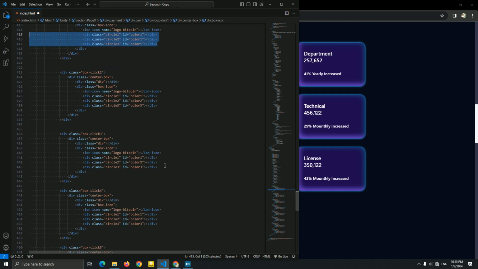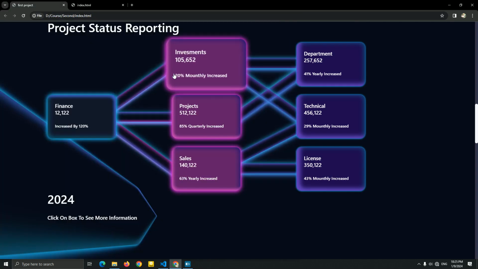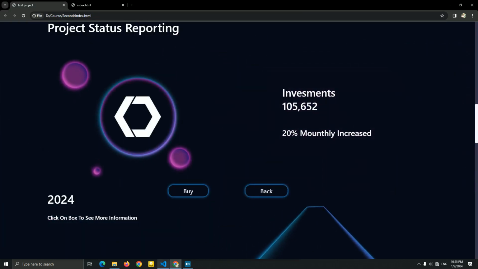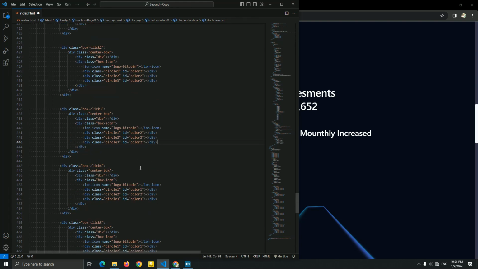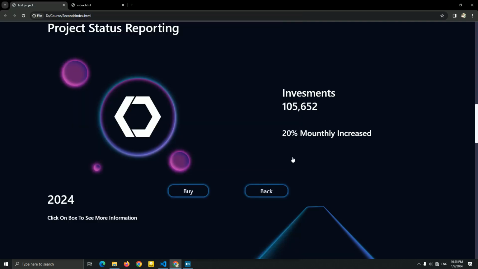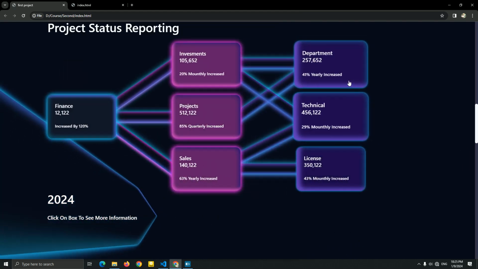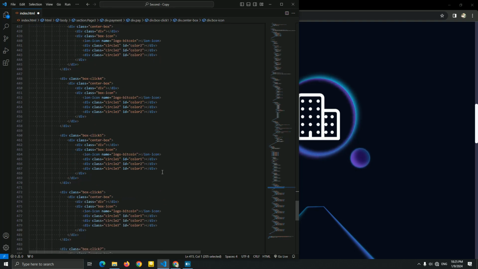Yeah, let me add the color 1 for this, and for this, let me add a color 2. Because if you see this, guys, we add a different color for this. So I'm just gonna copy this, paste it for the box click 3 and the box click 4. Okay, and for this, which is the same for this box click 5 and the 7, let me just show you. You can see this is the same color of this color 1.